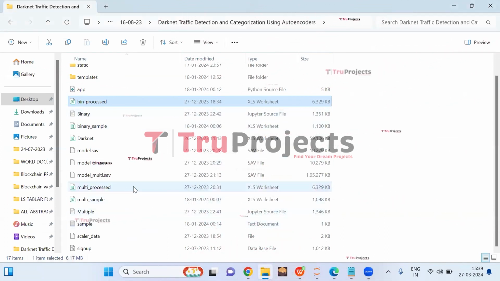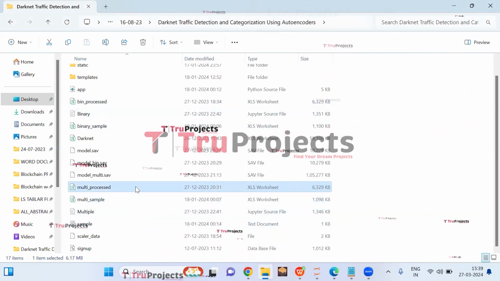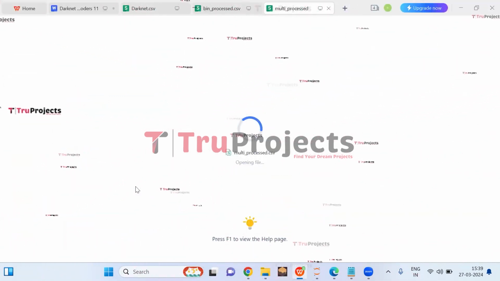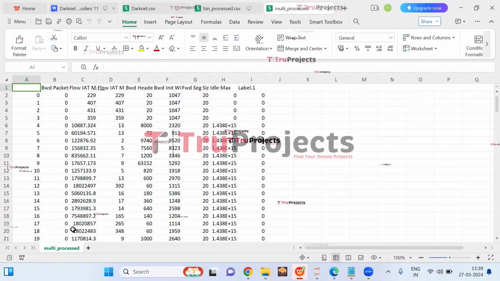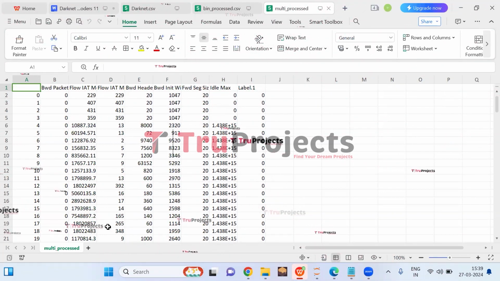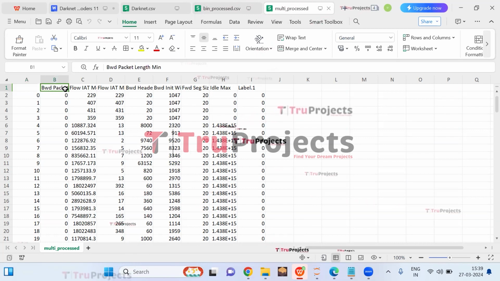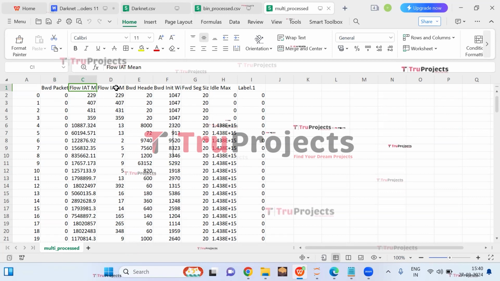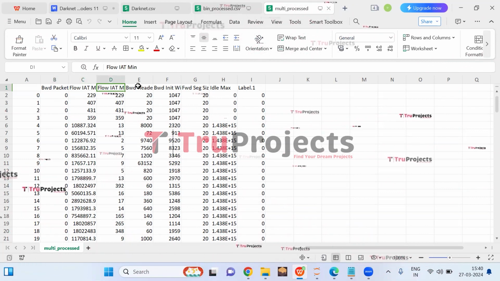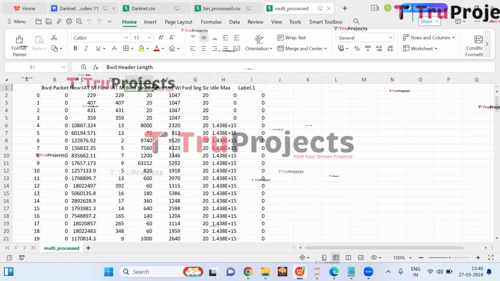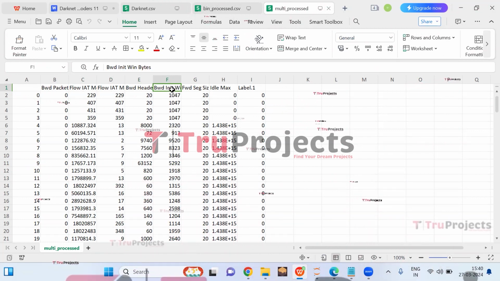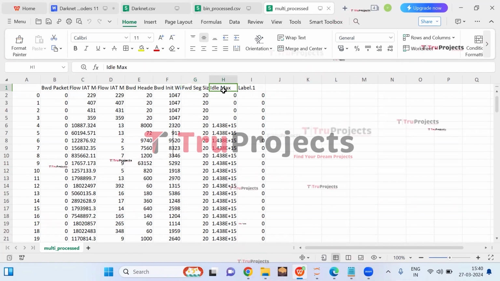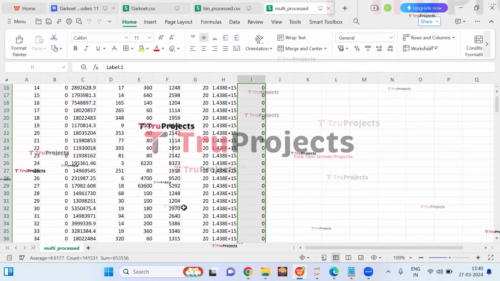And here, this is the multi-class classification dataset. So this is the processed dataset of multi-class classification. So here we can see the features, that is backward packet length minimum, flow IAT minimum, backward header length, backward init win bytes, forward segment size minimum, idle max, and here we have the labels for multi-class